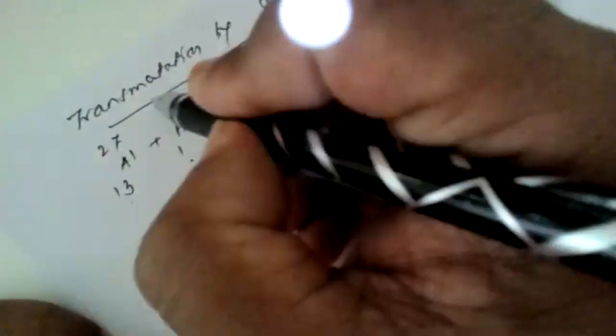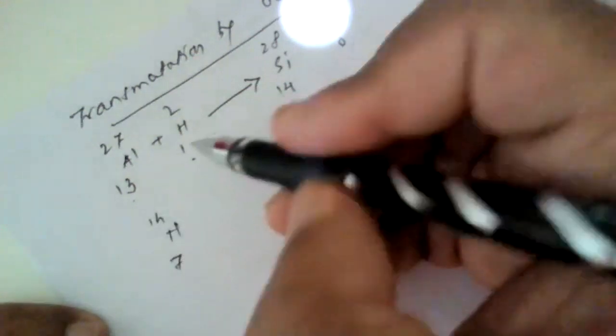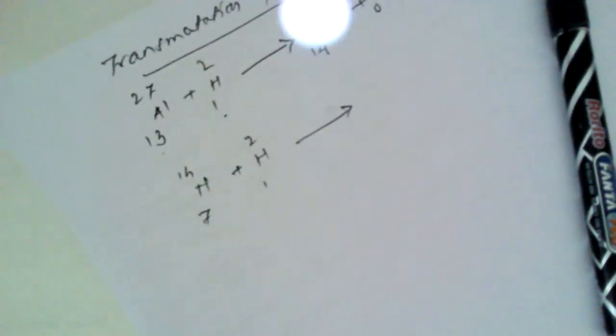Again, transmutation by deuterons, another example. I am giving more examples so that you will be familiar with how the nuclear reaction proceeds further to yield the product of the main reaction. Now, here it is showing I am running out of time.